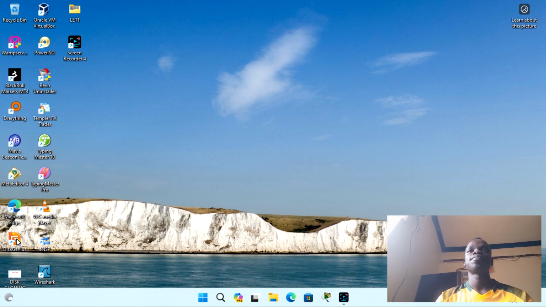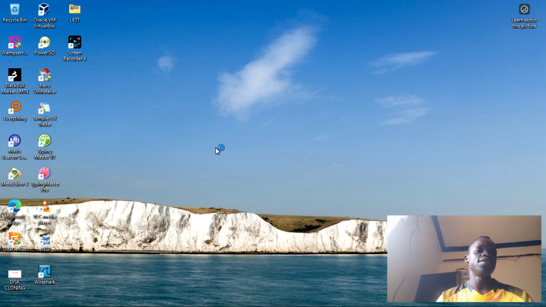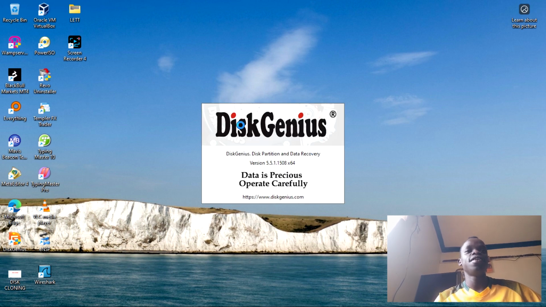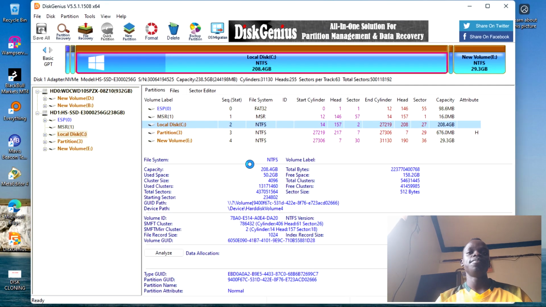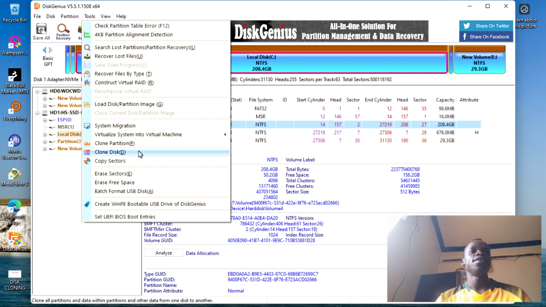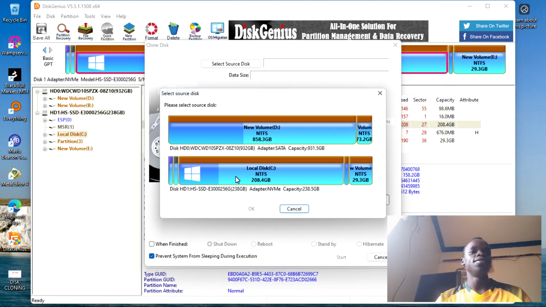Let me show you the practical. As for me, I've already downloaded Disk Genius and installed it. So when I double click on it, as it is loading, it is coming up. So this is how it is. This is Disk Genius. What I was saying is, after you open this, click on tools, you go to clone disk,